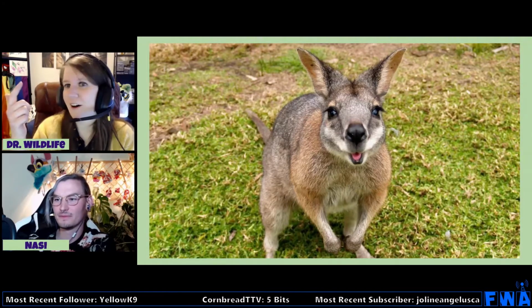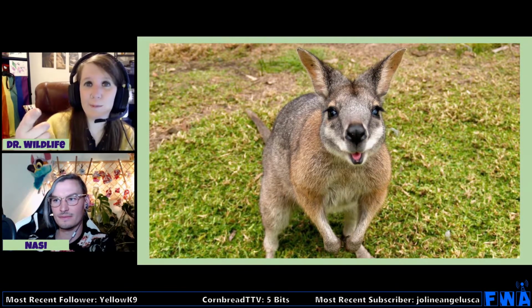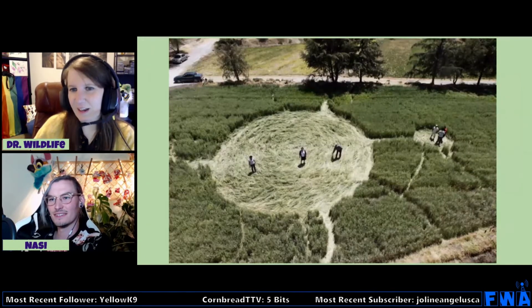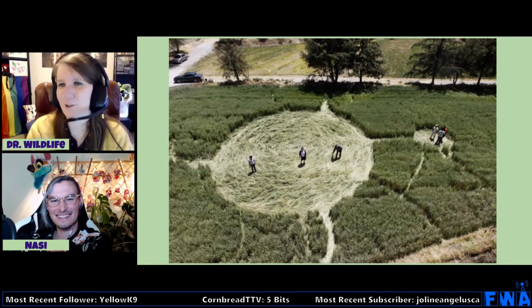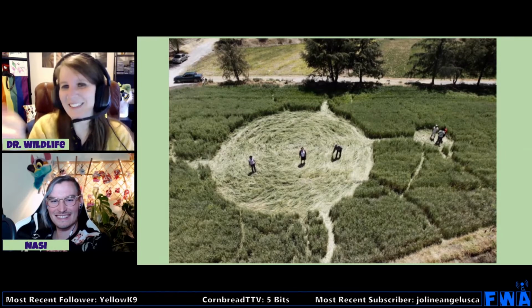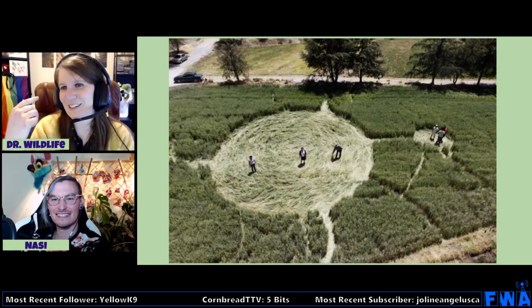And it turns out these cute little wallabies would show up. They'd eat a bunch of the poppy. And they would get so high out of their minds that they would spin in circles all night and leave crop circles.